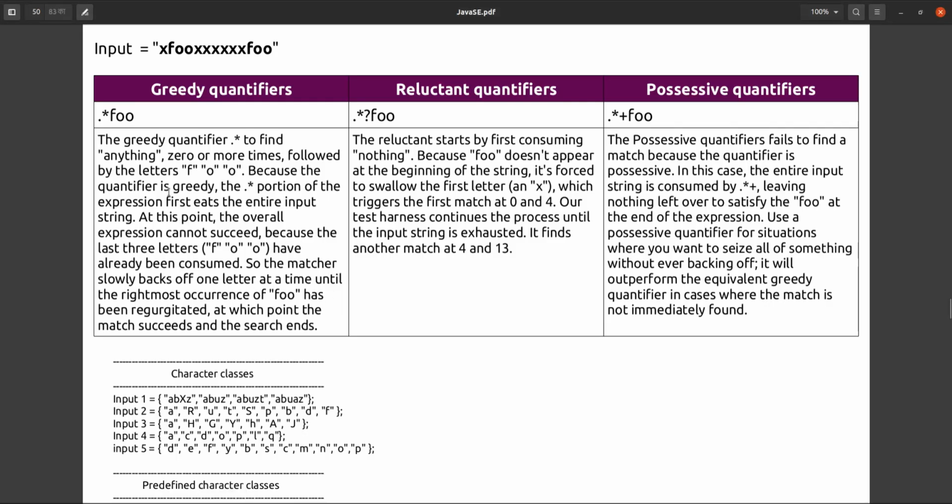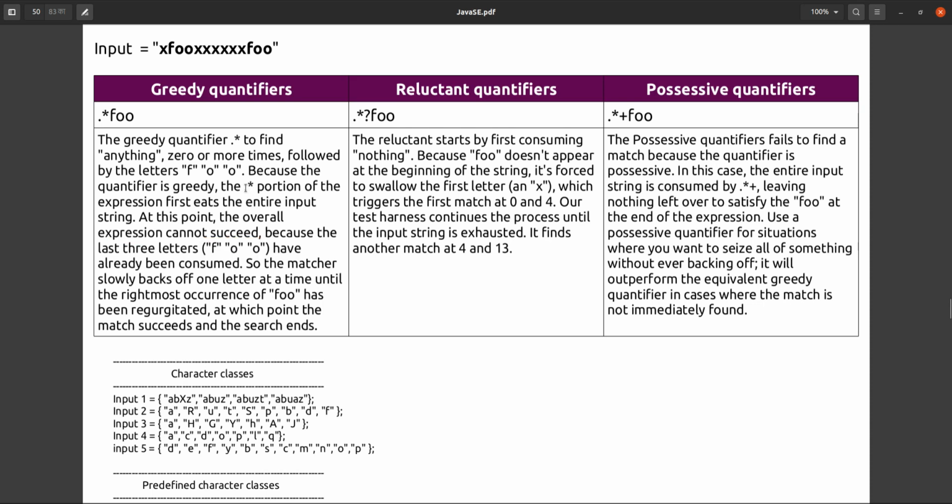You see here the greedy quantifier dot star to find anything 0 or more times followed by foo, because the quantifier is greedy. The dot star portion of the expression first eats the entire input string, and at that point the overall expression cannot succeed because the last 3 characters are foo.